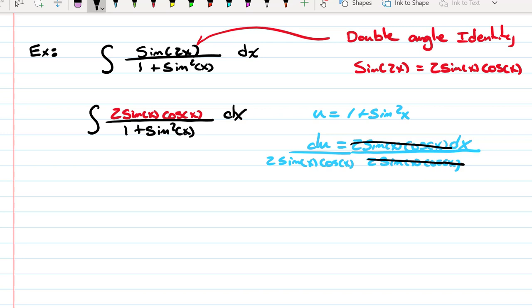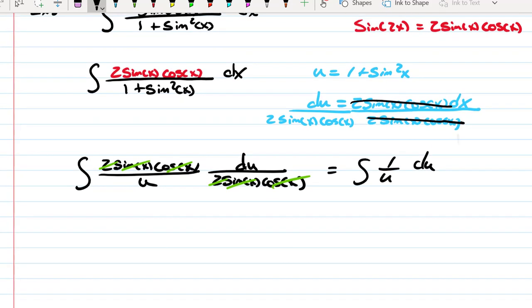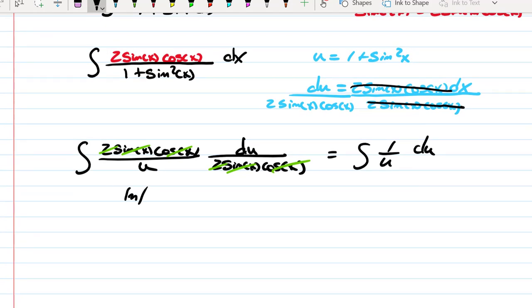So then finally, we substitute all of that into our integral. So we have 2 sine x cosine x all over u times du all over 2 sine x cosine x. And then a whole bunch of stuff reduces out, which is super nice. And at the end, we have 1 over u du. And the integral of 1 over u is the natural logarithm of the absolute value of u plus c. And then our u is 1 plus sine squared x. So we get the natural logarithm of the absolute value of 1 plus sine squared x plus c. And that would be the value of that